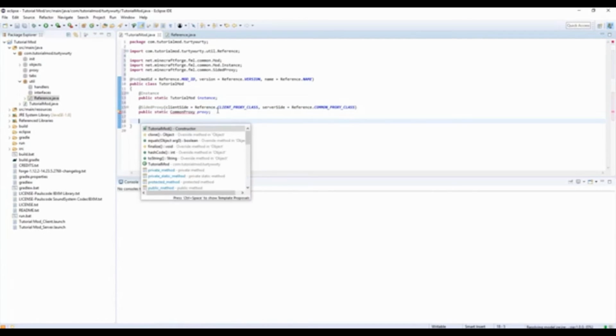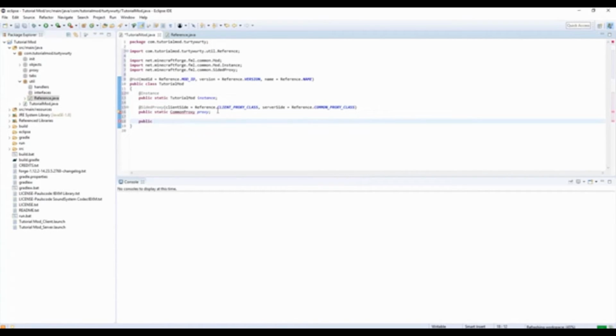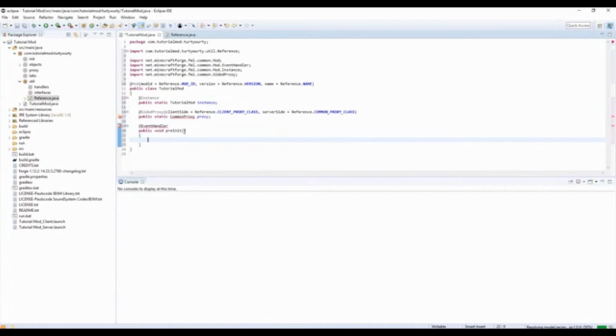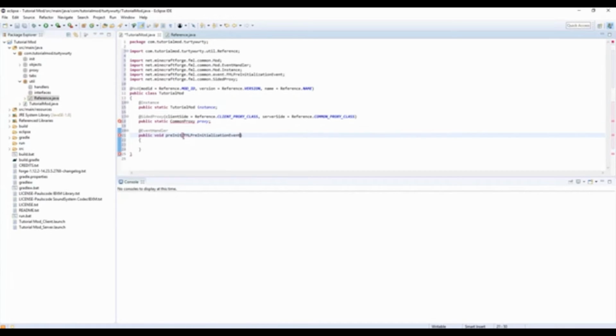Now let's do the last three methods. So we want to do public void. Oh no, wait one second. We need to do an @EventHandler and pre-init. And let's just open the triangular brackets and import EventHandler. In here we want to do FML pre-initialization event,